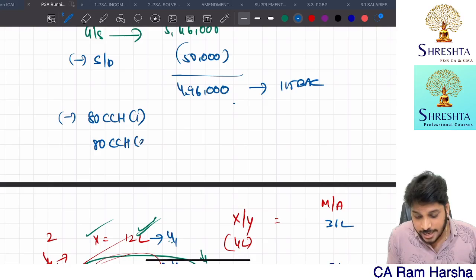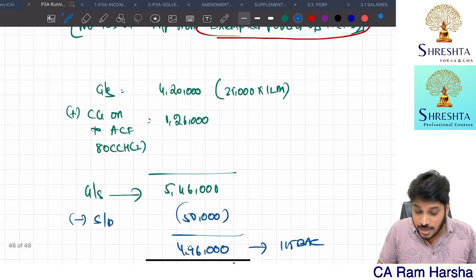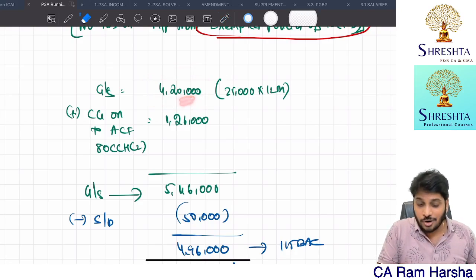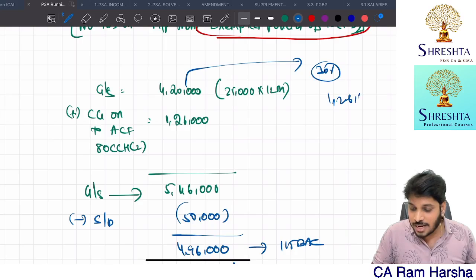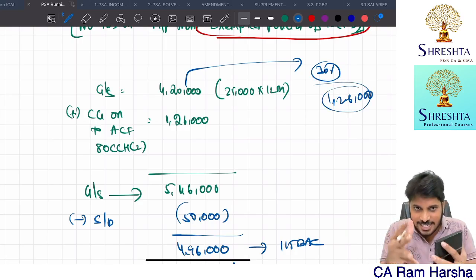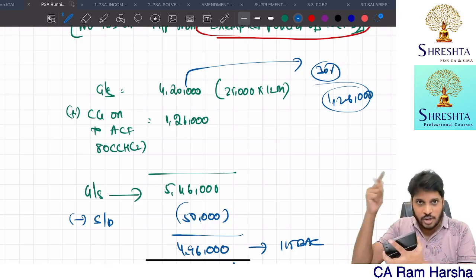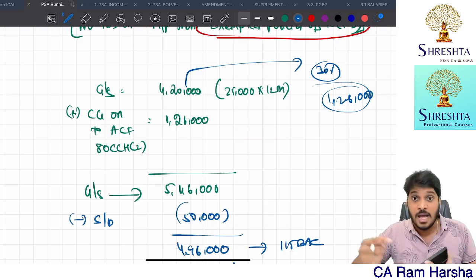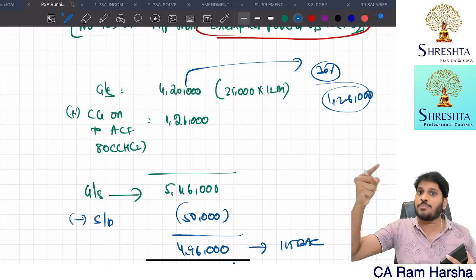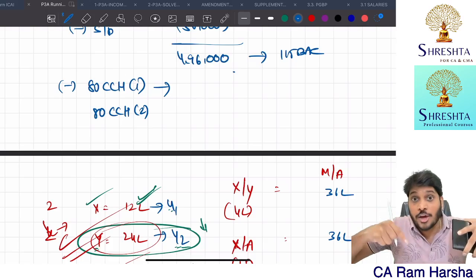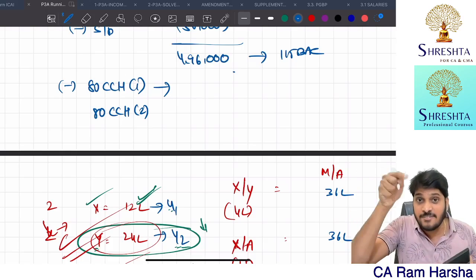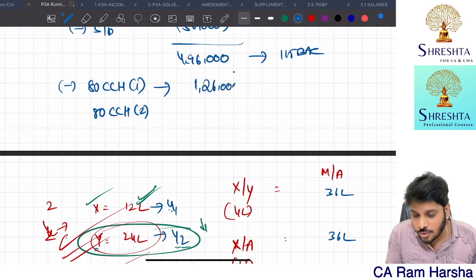He can also claim the 80CCH subsection 2 deduction. What is the subsection 1 deduction? Whatever you are contributing. You are getting 4.2 lakh, right? This is not the amount you are getting into your bank. On this, the government is already deducting 30% as your contribution, that is 1,26,000. So they are paying you 4,20,000, right? They deduct 1,26,000 from your 4,20,000 and pay it to the Agniveer Corpus Fund. The government, in addition to that, is also paying 1.26 lakh to the Agniveer Corpus Fund. So under subsection 1 of 80CCH, for the employee's contribution to the Agniveer Corpus Fund, the Agniveer's contribution of 1,26,000, you can claim a deduction.